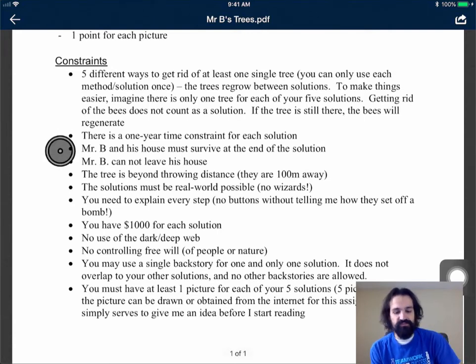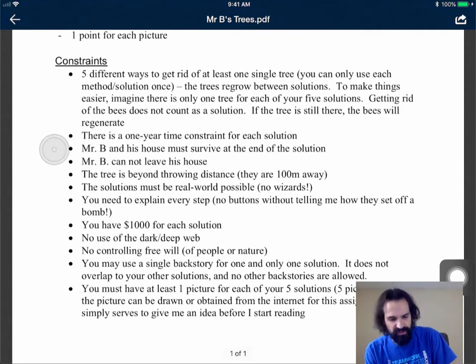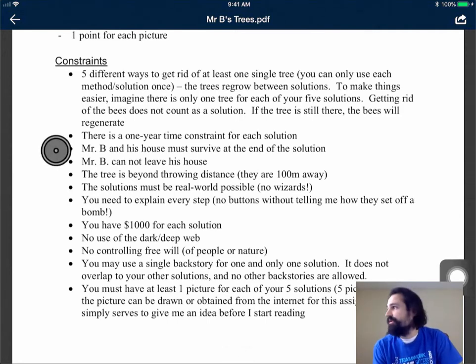Mr. B and his house must survive at the end of the solution. That's pretty straightforward, and I don't want to take ideas away from you regarding the removing of a tree, so instead I'll talk about shoveling a driveway as it's currently snowing out, at least on this day in this year. So he must survive at the end of the solution. I couldn't call in a nuclear bomb because that would obliterate my house as well. If I were trying to come up with ways to remove snow from my driveway, nuclear bomb doesn't work because